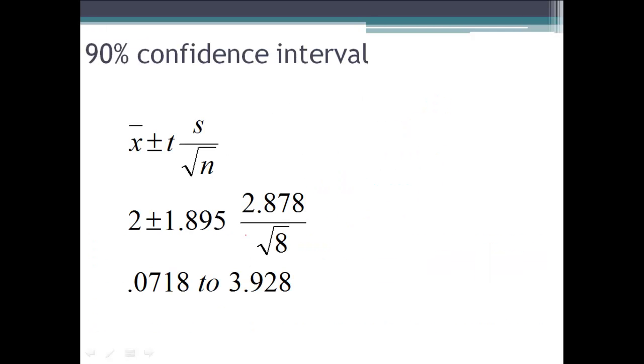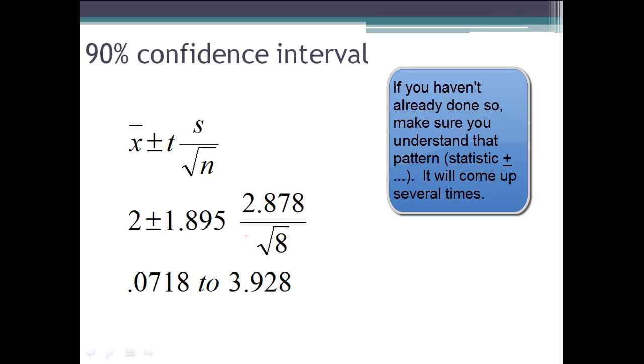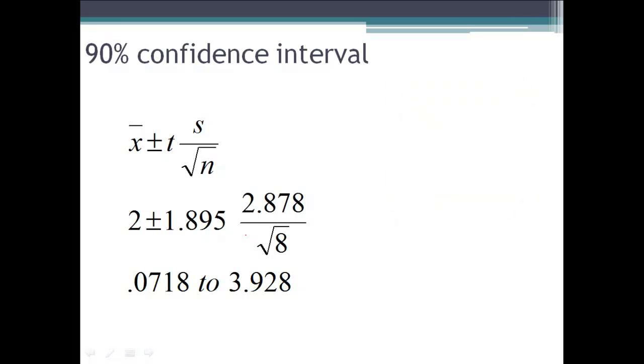So the 90% confidence interval is the statistic, x bar, plus or minus the confidence coefficient, t, times the standard error. Most of that is just plugging in 1.895, we have degrees of freedom of 7. There were 8 observations there, 8 minus 1 is 7, and 90% confidence. So just go to the t-table. This will be in the first column of coefficients. Go down to 7 degrees of freedom and read across there, and you will see 1.895. Calculating that out, we'll get